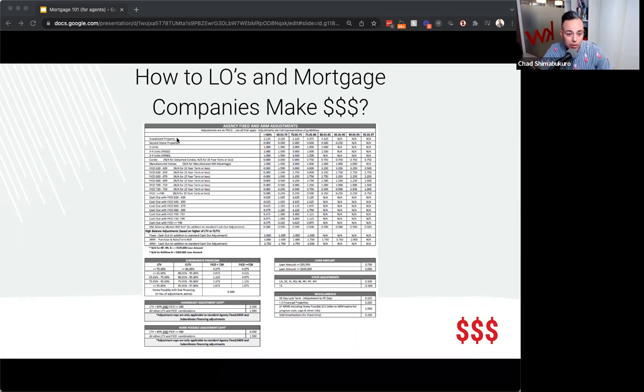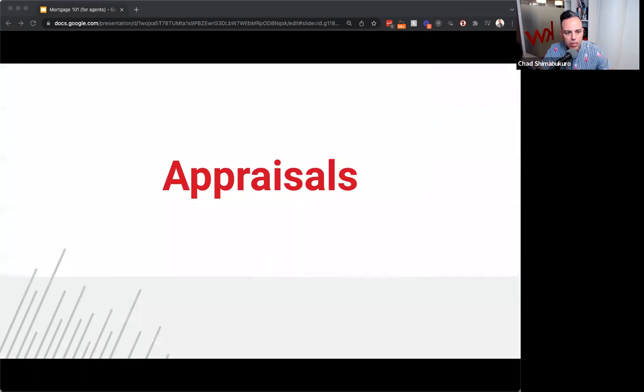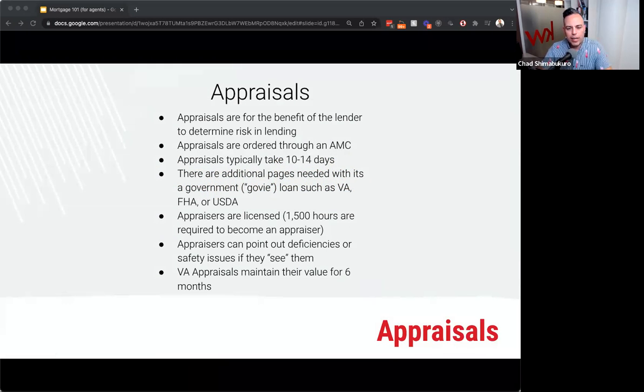You know what? If you notice on the very top, it says investment property versus second home. Huge difference in price adjustment. In fact, the second home adjustment, look at that, 80 to 85% category is a 4.125 adjustment just because it's an investment home versus an owner-occupied or second home. So just know that is not relevant for you to remember, but it's relevant to know that there are adjustments based on risk.